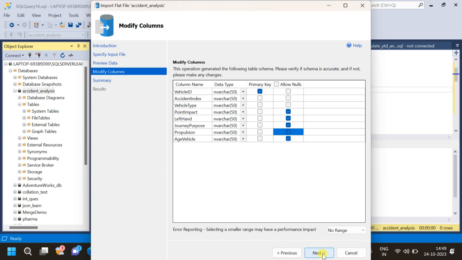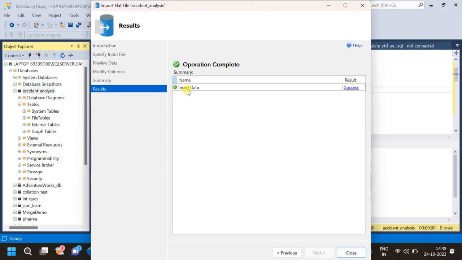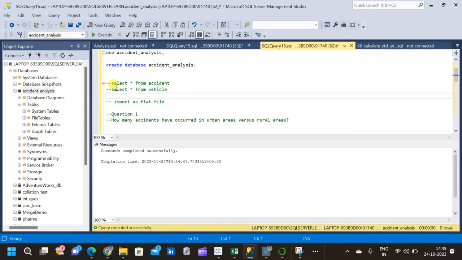Now click on next, finish it. Let us see what happens. Now we have successfully inserted data into the table and the result is success. Close it. Now what we can do is run the queries and see the columns present in the